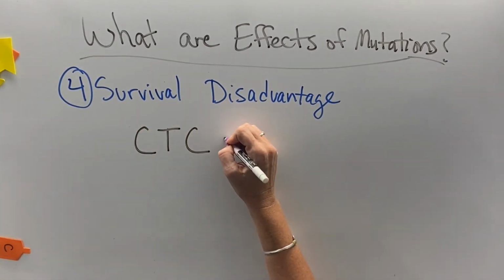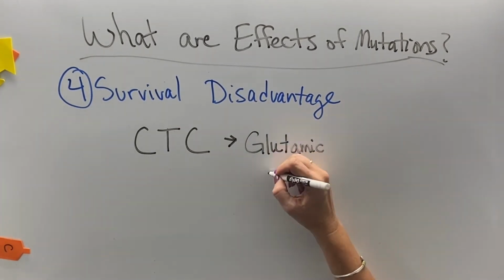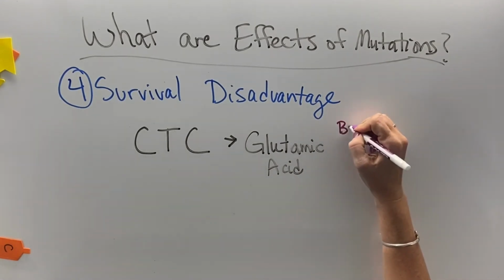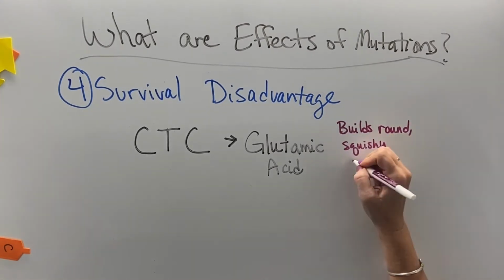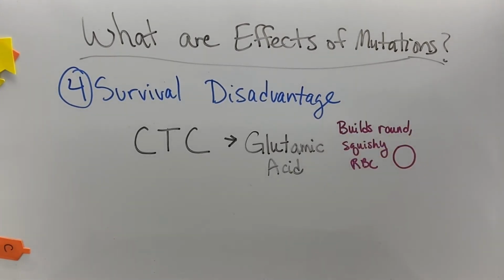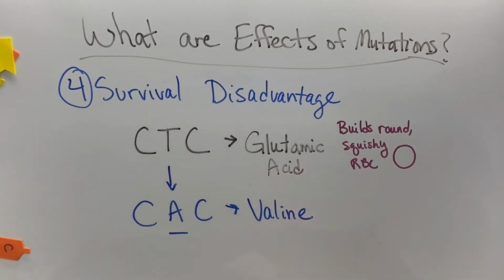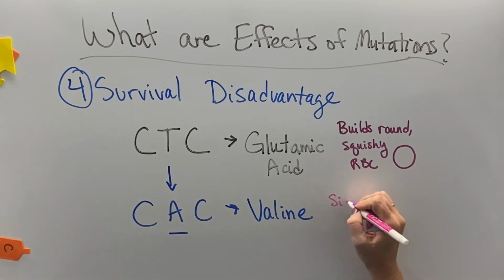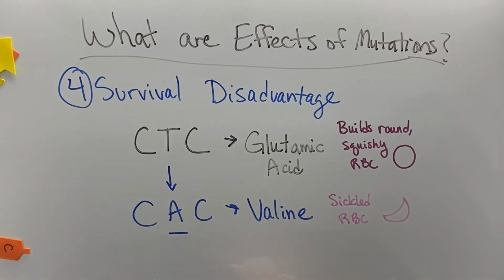So, for example, human blood is coated with long proteins, and one of the codons on that protein is built with glutamic acid. So this helps to build nice round blood cells that carry lots of great oxygen throughout the body. But if that T gets switched to an A, which literally is just like a reversal of the pair, right? All of a sudden, CAC means valine. And so now the person has sickle cell red blood cells, and they have a disease called sickle cell anemia, which makes it kind of hard for them to do physical activity and causes a lot of cramping and pain. But they're sort of immune to malaria. Different thing for a different day.